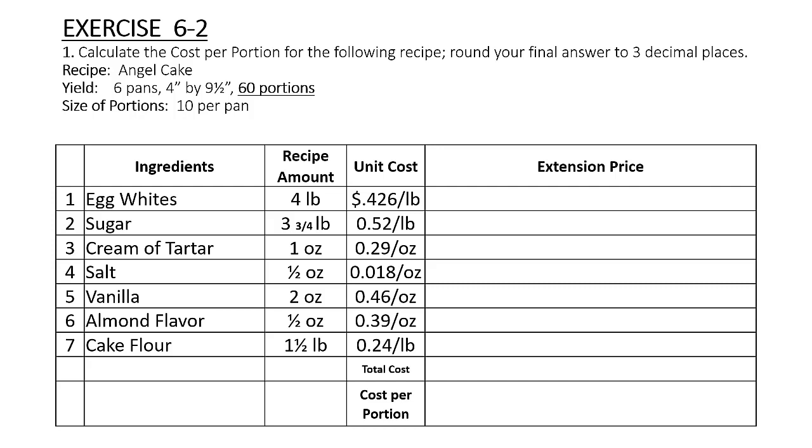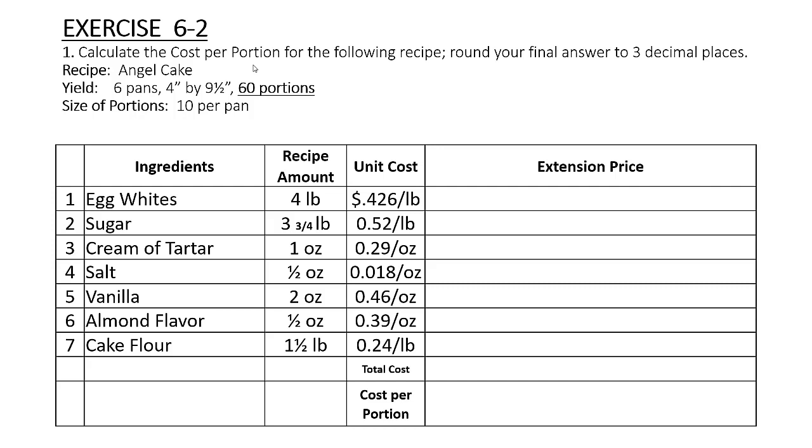If we look at our instructions up here, they want us to round our answers to 3 decimal places, always important. This recipe is for angel cake. It makes 6 pans, 4 inches by 9.5 inches. The size of portions, well, we get 10 portions per pan. Really, the only thing that is important to us when we are portion costing is how many portions a recipe gives us. And in this example, as clearly indicated here, this recipe will give us 60 portions that we can